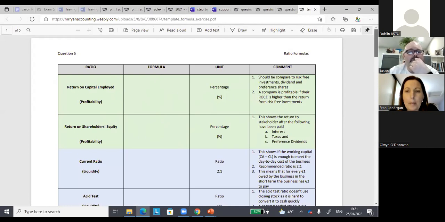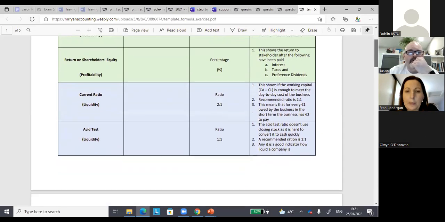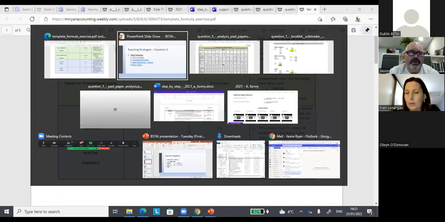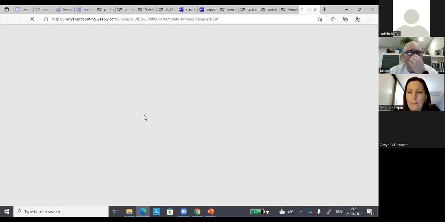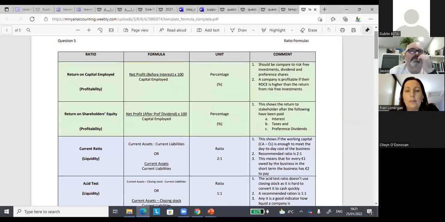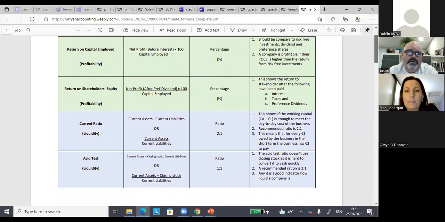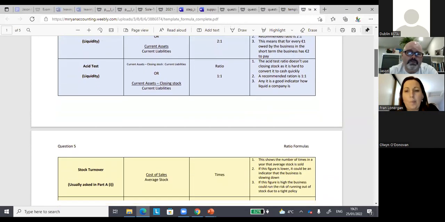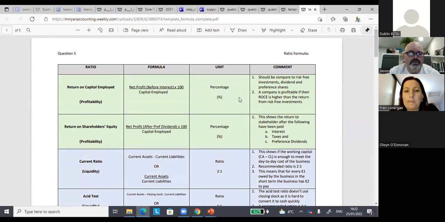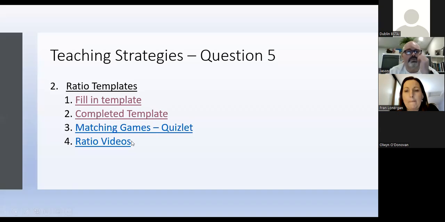As we come across a formula in the exam paper, they'll have this template and then they just write the formula in the box provided for them. And then there's a comment at the side to help them comment on it or to understand what the ratio means. So I'll give that to them when we're doing it. The completed template is up on the website, so it looks something like this. If they're missing a day, I know this year with students being in and out, I share enough resources up on Teams, so I'd put a finished one up there for them, so it didn't matter if they're out that day, they still had a source for the formulas.